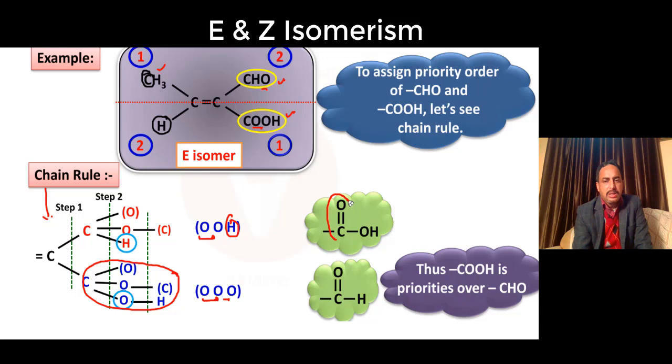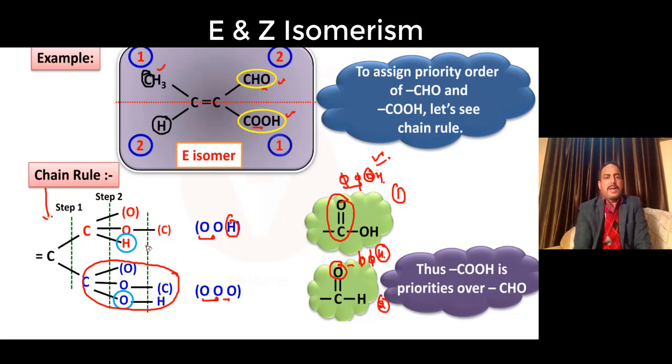Due to this oxygen, there is duplication, so duplication with the oxygen. This oxygen is already present, and due to this double bond, there is duplication with oxygen. And then OH group will remain as such. In this case, duplication of oxygen, and hydrogen will remain the same. Now, see here, these two are common, but here hydrogen and here oxygen. So more preference is given to this group. This will be 1, this will be 2.